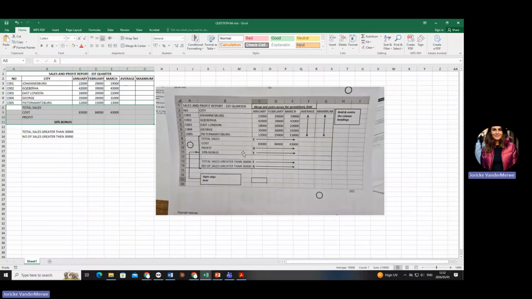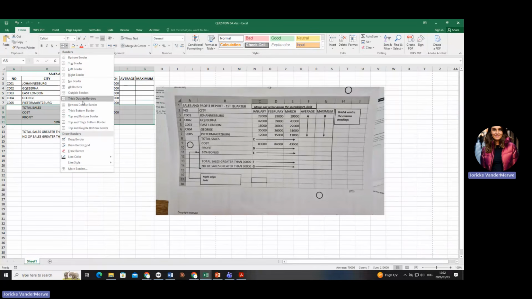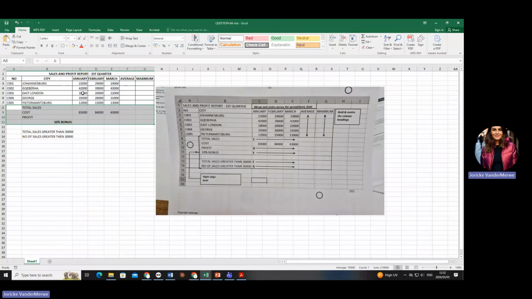If you look at your question paper, you will maybe see it clearly. There's only one big one that is around. So you can say outside borders like such. Can you see? And then the next one is almost like there is one big border and then there is one big border. Okay. So that's how I do my borders. Some people do it differently.